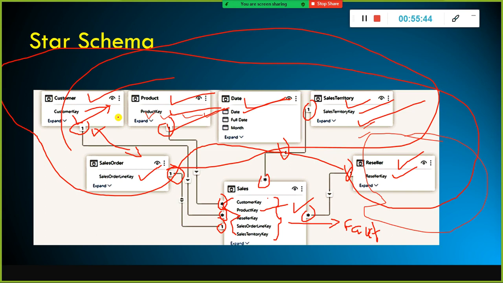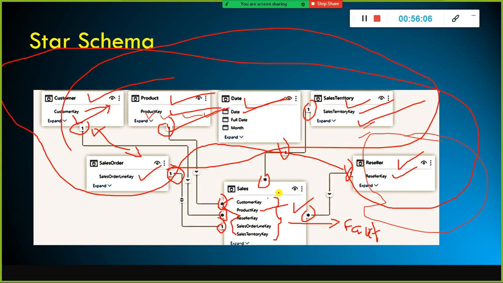In a nutshell, a star schema consists of dimensions and a fact table. Now the question is, can a star schema have more than one fact table? Yes, you can have more than one fact table also. In this case, we have only one fact table. So why do we call this a star schema?